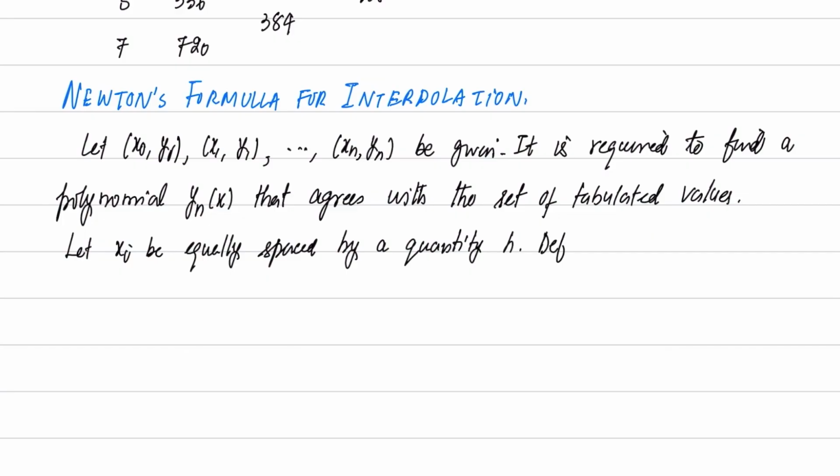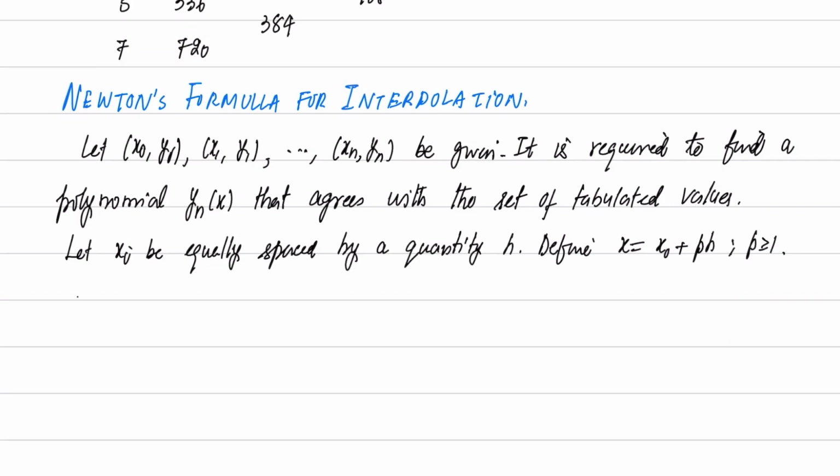So define a variable x which is defined now as x0 plus p times h. So p is greater than or equal to 1. So if p is equal to 1, then we will get x0 plus h, that will be the value of x1 and so on. Then Newton's forward difference interpolation is given by